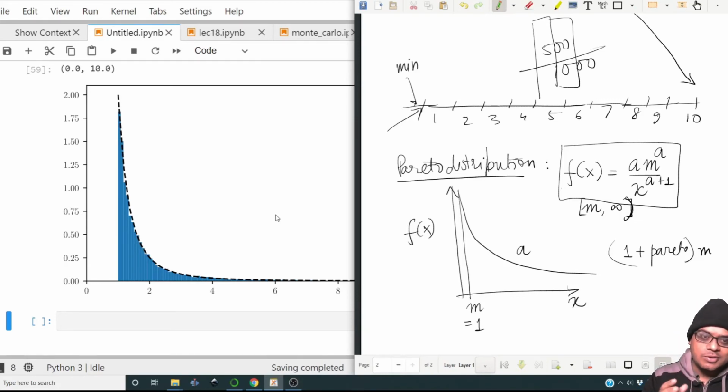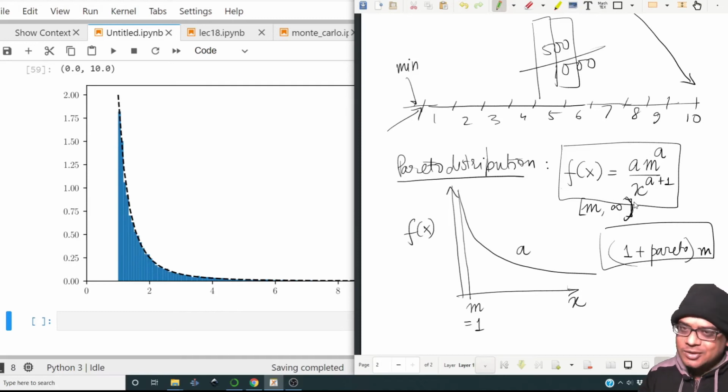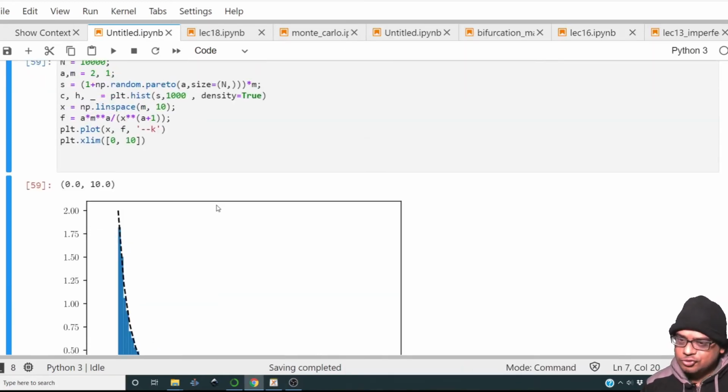We only give a, but we can always do this little trick, and the help itself tells you to do that. But you can use the generalized Pareto distribution from SciPy if you don't want to do this little thing. All right, so now I'm going to show you how to sample from a random distribution